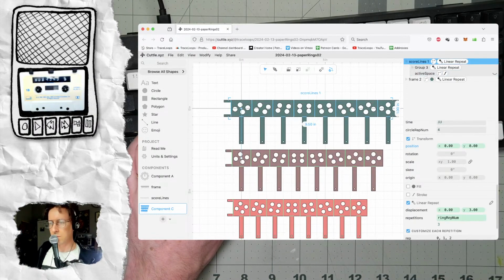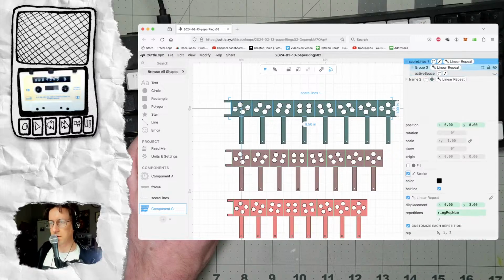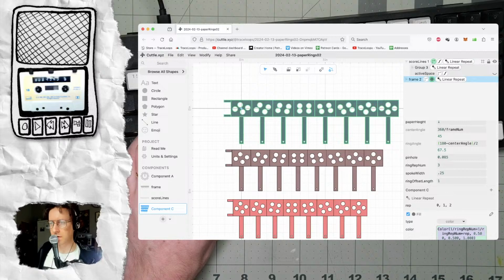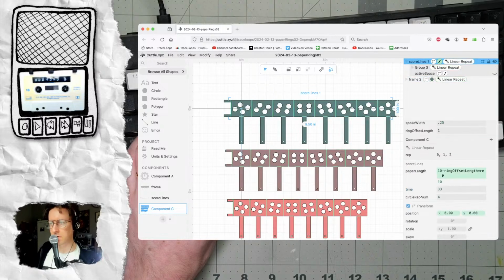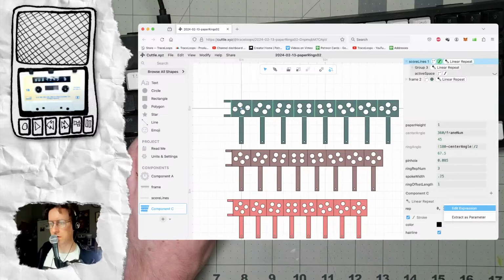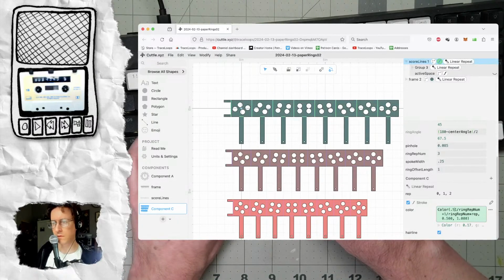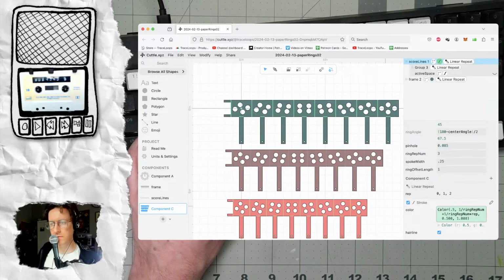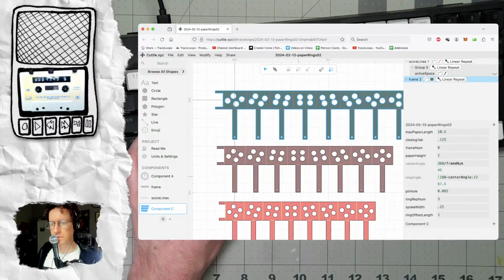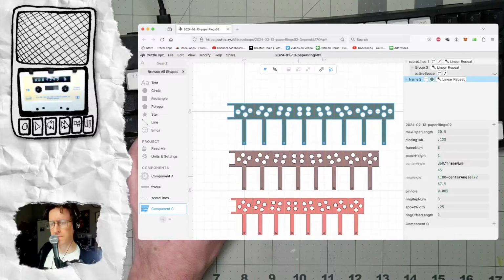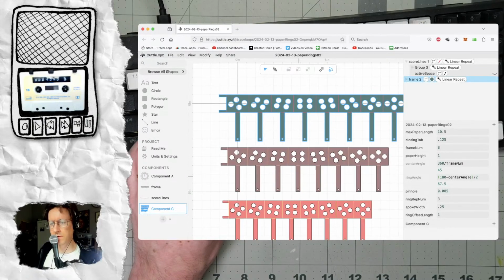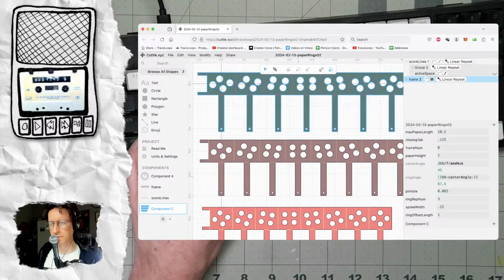And then I need to change the stroke. Let me copy this. The stroke is going to be the same expression, but I'm going to just change that slightly. And let's just make this a 1. So this should be good. It's going to take a little bit of folding and building, but